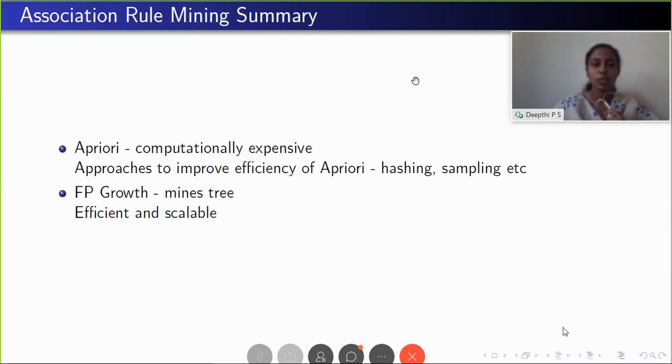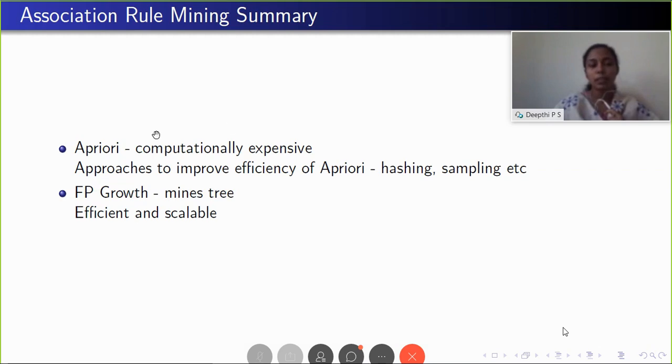We have 2 algorithms, the Apriori algorithm and the FP growth algorithm. The Apriori algorithm is computationally expensive because it generates a large number of candidate sets. Also, it has to scan the database each time for incrementing the count of items to find the support count. So these 2 steps make it computationally expensive. That is why FP growth has been introduced. It builds a frequent pattern tree. A tree structure is built, and node links are also maintained for easy traversal. From this tree, we can generate frequent patterns, frequent item sets, without much computational cost.